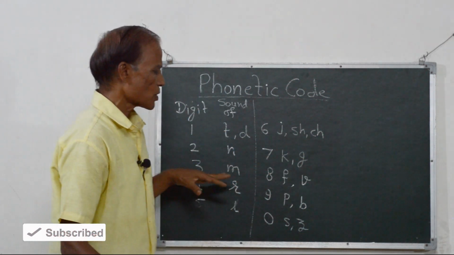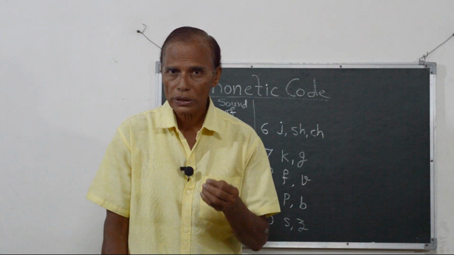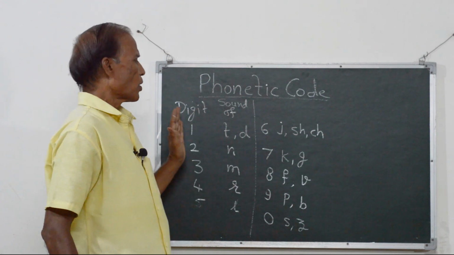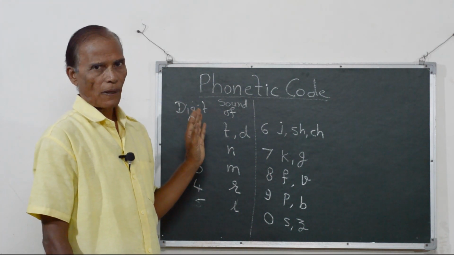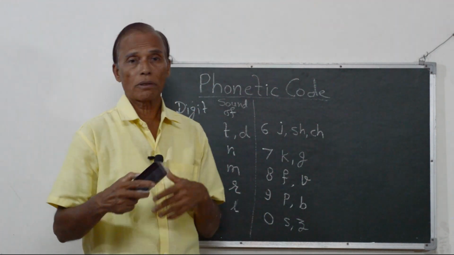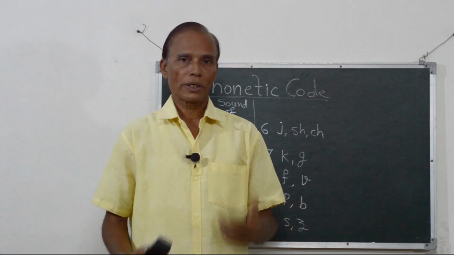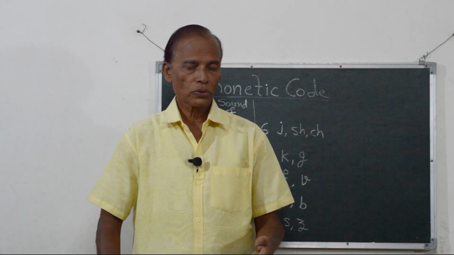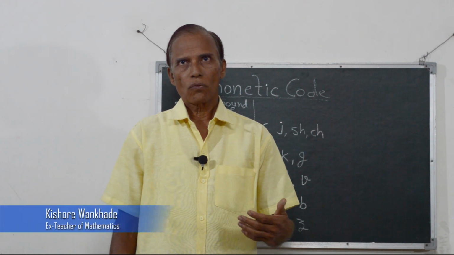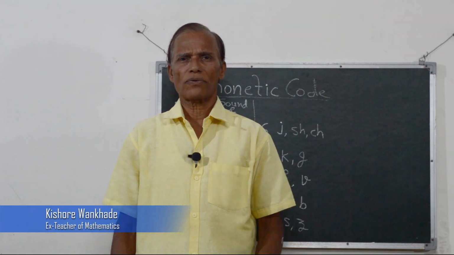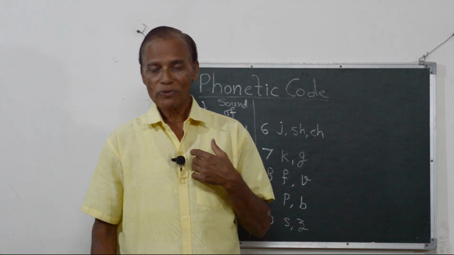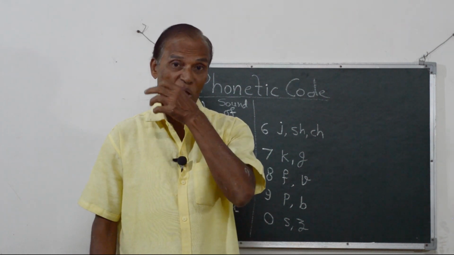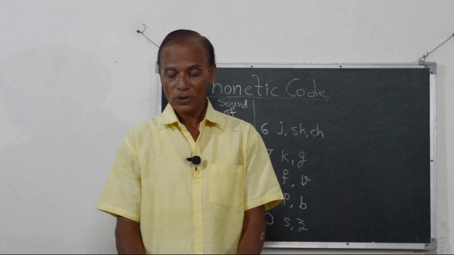Then let us go. This point is clear, and I hope it will not take more than 10 to 15 minutes for you to remember this association. And once you remember these things, then it is very easy to convert digits into text. Friends, it is very difficult to remember digits. I have told you in the last lecture also. We know mobile numbers of very few friends, or mostly we know the mobile number of ourselves and not of anyone else, because 10 numbers are very difficult to remember.